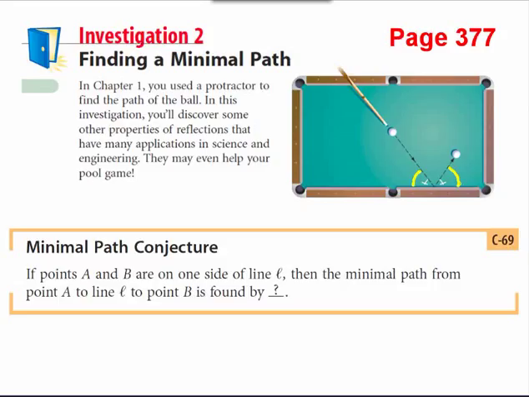And so our task today is going to be to find the minimal path that you can achieve in order to get this cue ball in the hole or something like that. And so the minimal path conjecture, I'm just going to go ahead and give this to you because it is actually a long conjecture. It says if points A and B are on one side of line L, then the minimal path from point A to point B is found by